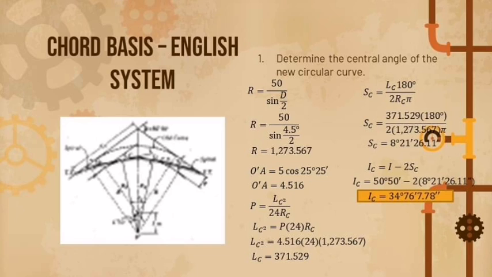And for the chord basis English system, number 1, determine the central angle of the new circular curve. So ulit, pag nagbabago tayo ng basis at system, mababago rin yung formula para makuha natin yung radius at degree. So our formula for chord basis English system is R is equals to 50 over sin degree over 2. So again, substitute the given, the degree, which is the 4.5 degree. After substituting, compute it, and you will get the answer of